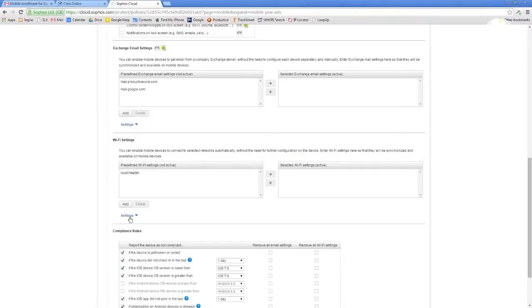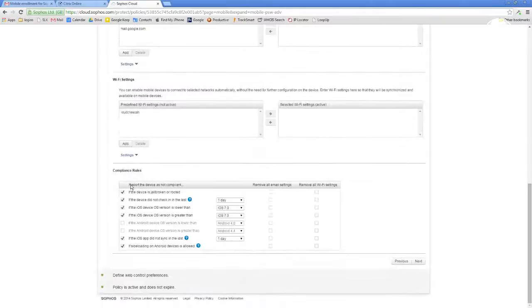And the thing that I really dig about this is now I don't ever have to give an end user a Wi-Fi password that he can then intentionally or accidentally share with someone who shouldn't have access to Wi-Fi. If I change the password, I can come in here and change it and update their phones automatically without having to ever give them the code. And so now I'm more free to keep that security the way that I want it to be on our internal infrastructure. And then compliance rules.